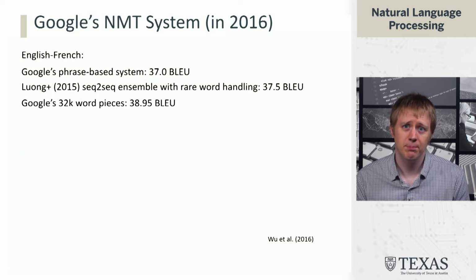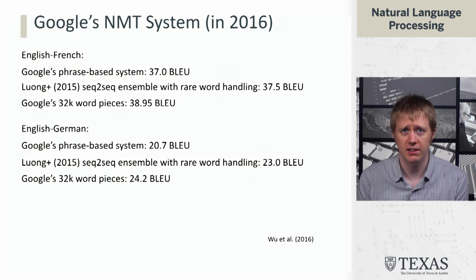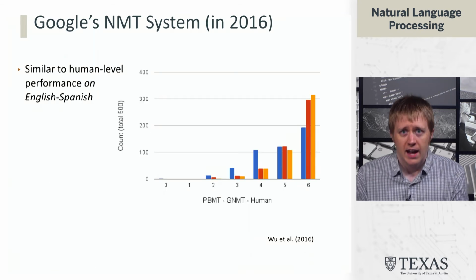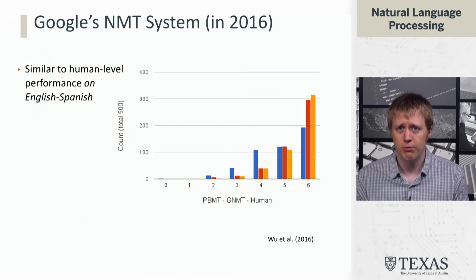And so comparing to the numbers that we've seen before, this pushed things a bit on English-French and English-German by about a BLEU point in each case. And they did some evaluation on English-Spanish, and they found some very encouraging results, which is that their results,